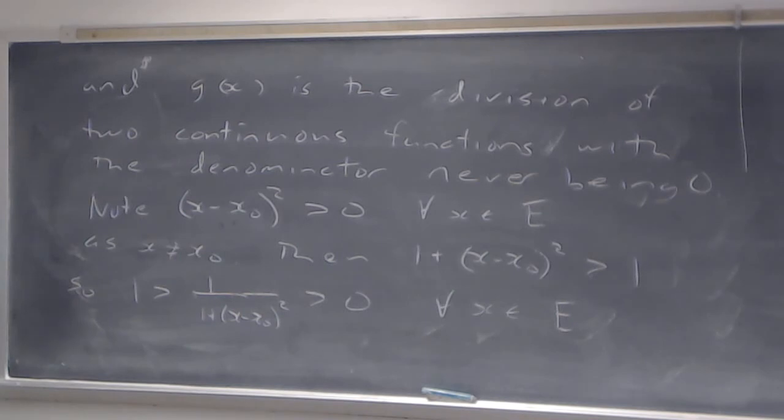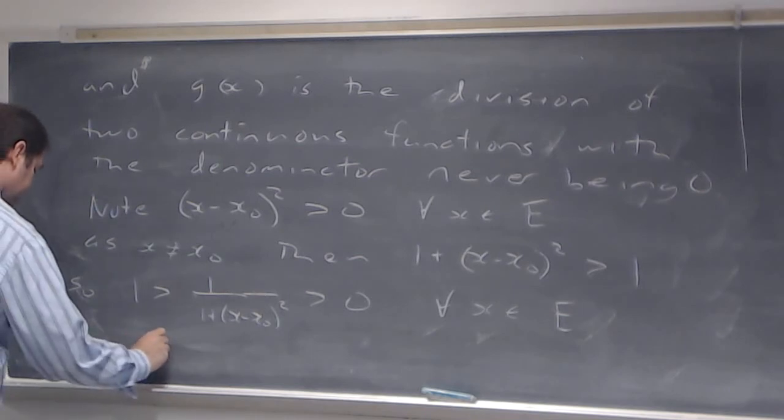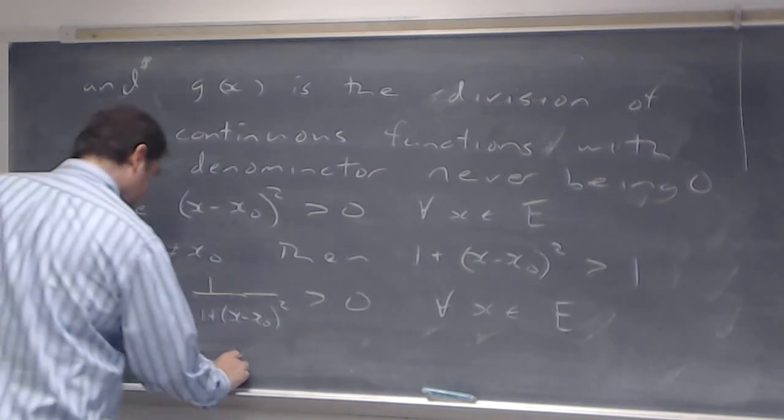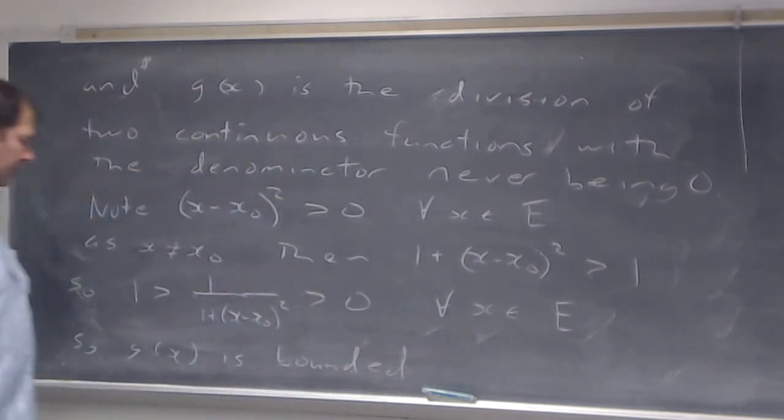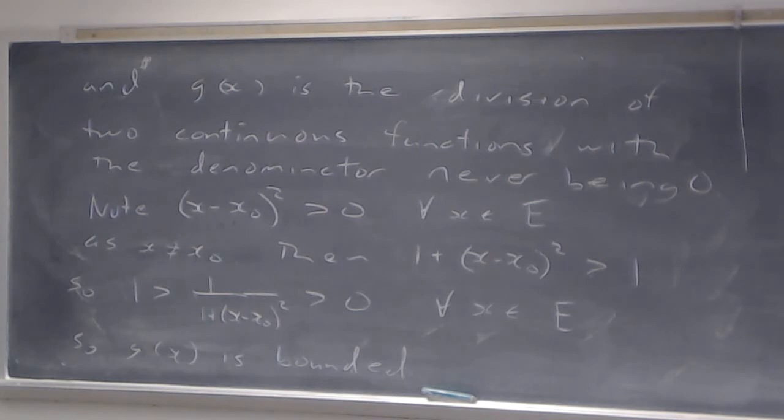Okay, so that means our g of x is bounded. So in this case of E being bounded, we've produced a function, g of x, which is bounded and